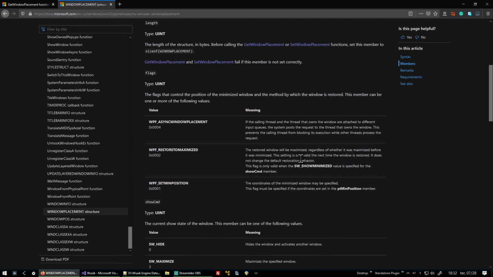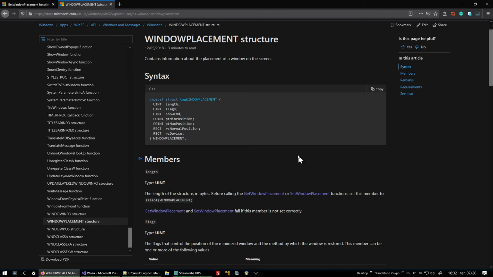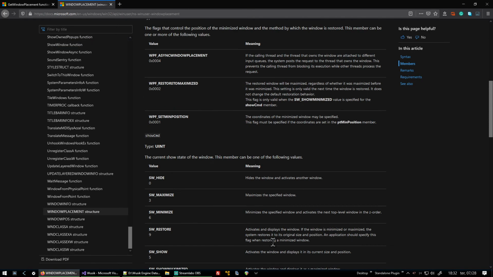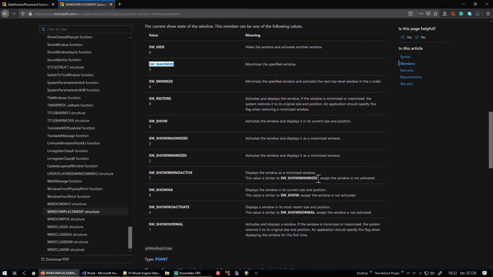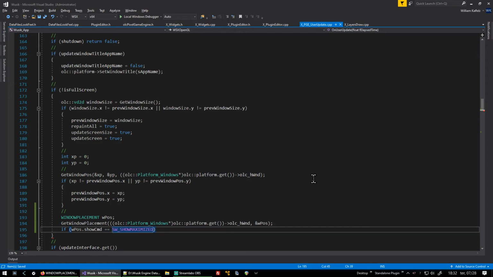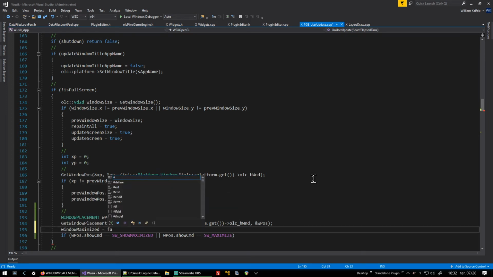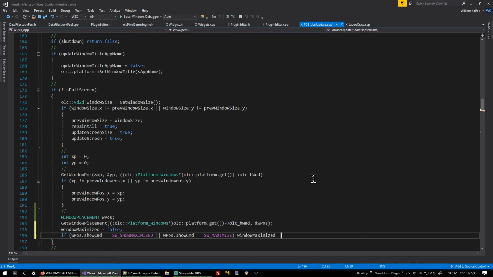Okay, we have the flags. Oh, we do have the show command. So if show command equals maximized, okay, that should work out. Max window max false to